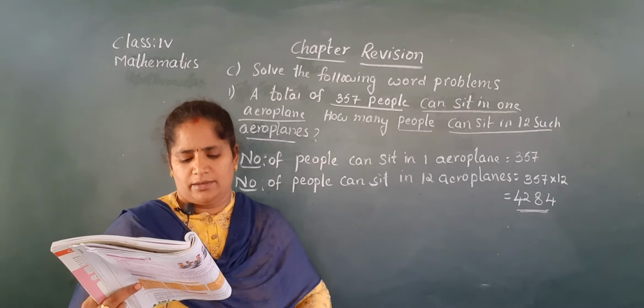Which months are given, children? March, April. Now you have to find here the number of days in March. How many days are there in March? Come on, tell me. Yes, 31 days. So we have to calculate the amount for 31 days. Okay, here 1 day is given. That amount received per 1 day is equal to 450 rupees. Now we have to find the amount received for 31 days.